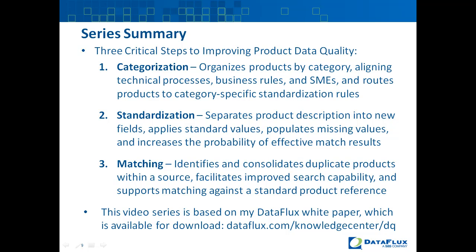In part 3 of this series, we also talked about how standardization should be intentionally designed to be very modular, not only going through the steps that we saw in part 3 of this series logically, but also keeping them physically separate, which again was the separation of the description into new fields as a separate process from the application